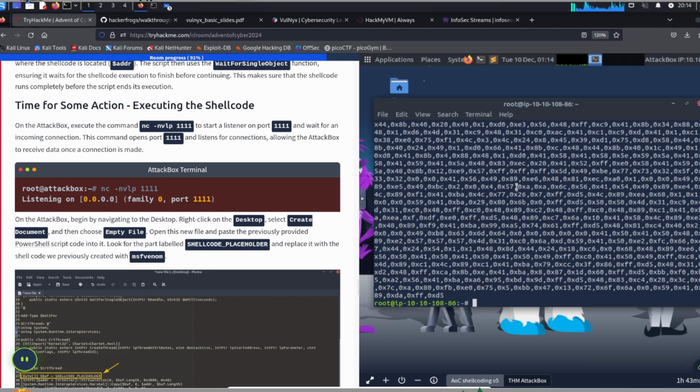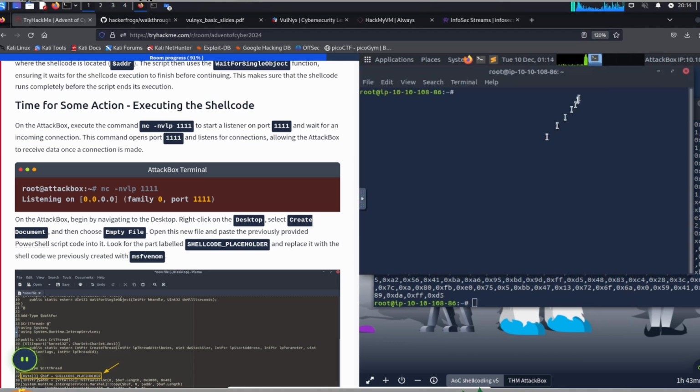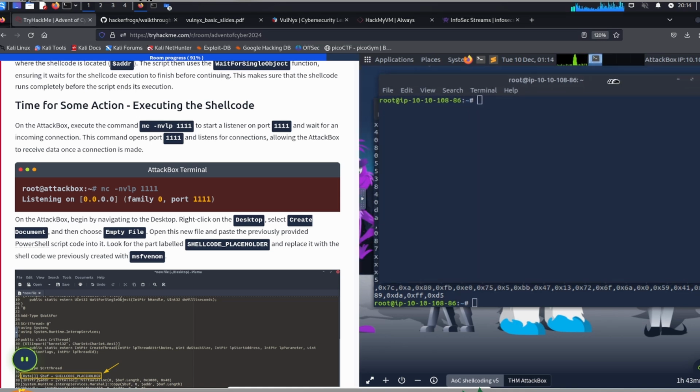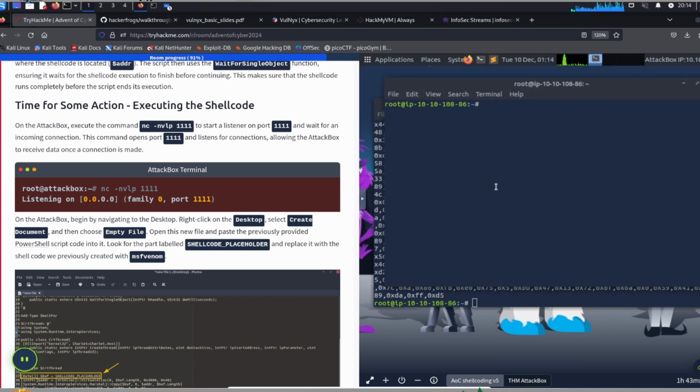On the attack box, which is over here, we're going to open up a new terminal. Inside the new terminal, we're going to run this command, which is netcat with -nlvp 1111, which is going to start up a netcat listener on port 1111. After we execute it, we see that it is listening on port 1111, which means that it's available to receive incoming reverse shell connections. So after we do that,